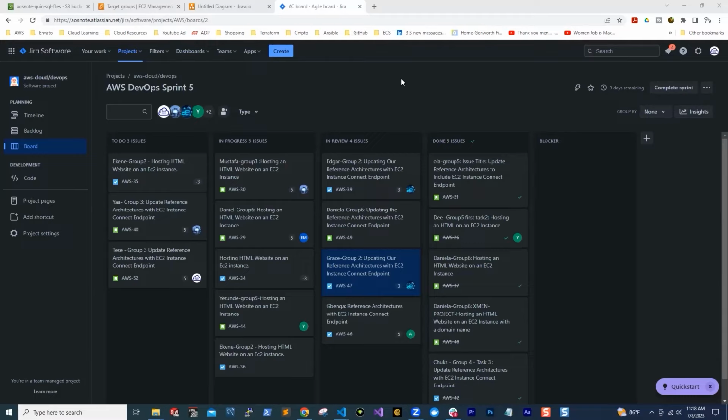So just because you are still on 1 and you see that now we are on assignment 3, don't create a ticket for assignment 3 when you haven't completed assignment 1. So complete each assignment. Once you have completed the assignment, put it in review, then you can create your ticket